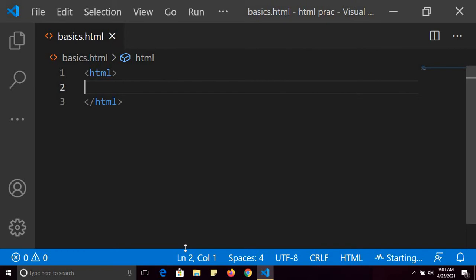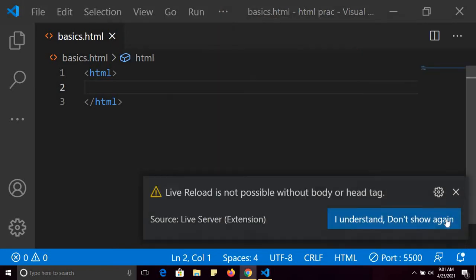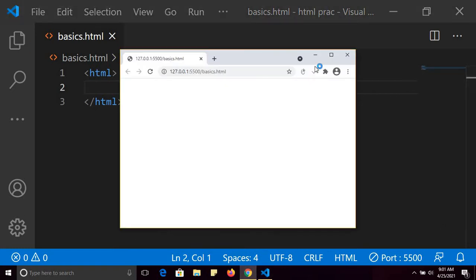As you can see, the website is opened in the browser. It is open at 127.0.0.1. It is a localhost address, and 5500 is the port, and the name of the file is basics.html.